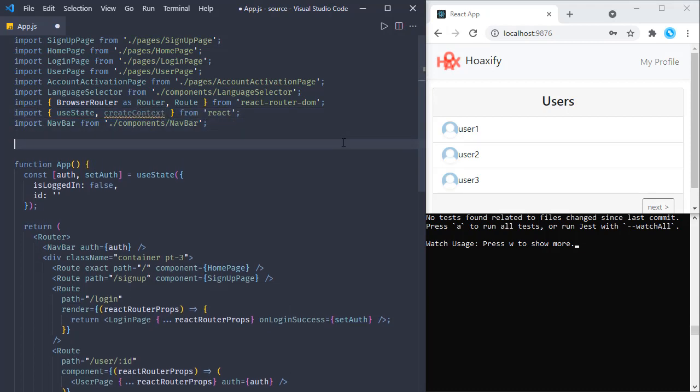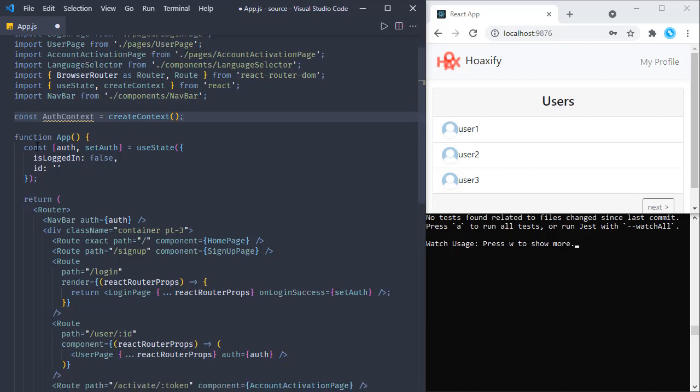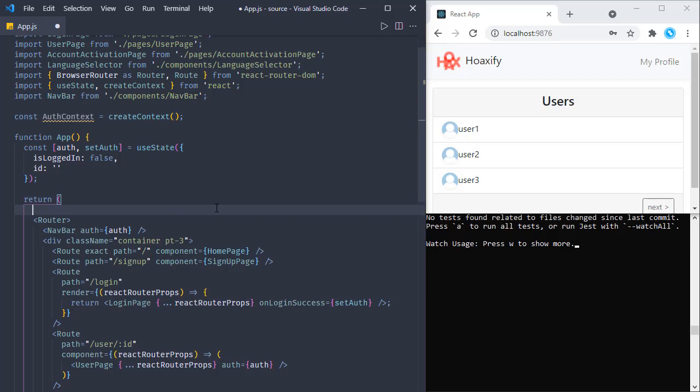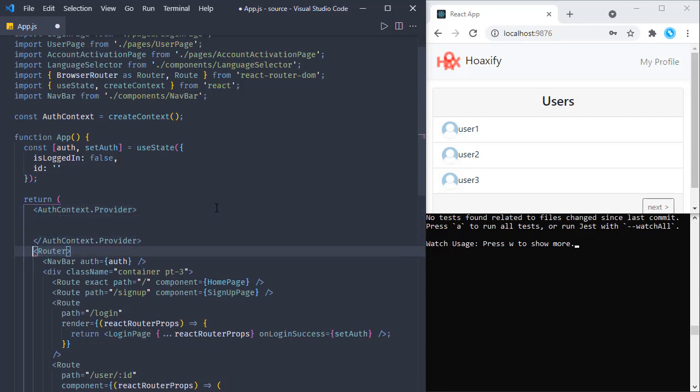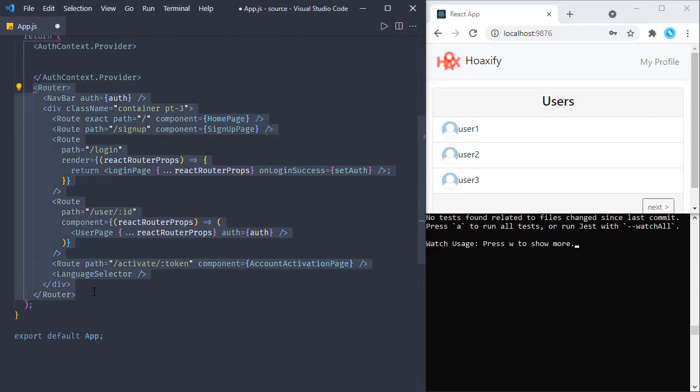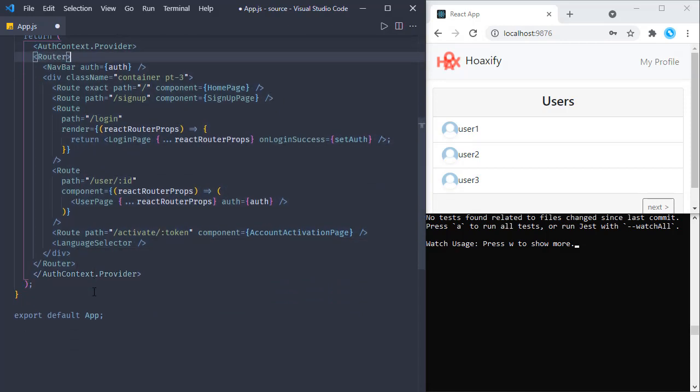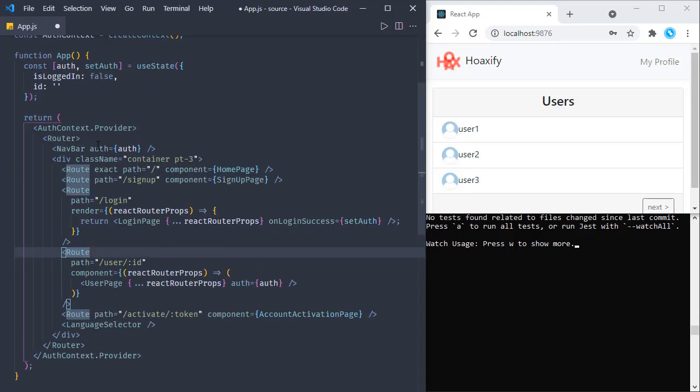And right here, let's create an auth context. And we are just calling create context for this one. Now we are going to wrap this JSX with auth context provider. So moving content into this context. So this is a parent element for all the children in this application, and this context will be having